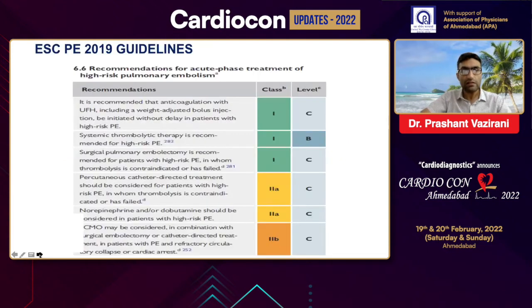So what do the guidelines say? There is a class 1 indication for anticoagulation in all patients with high risk PE. There is a class 1 indication for systemic thrombolysis. There is a class 1 indication for surgical embolectomy in patients with high risk PE in whom thrombolysis is contraindicated or failed. And there is a class 2A indication for percutaneous catheter directed treatment in whom thrombolysis is contraindicated or failed, and